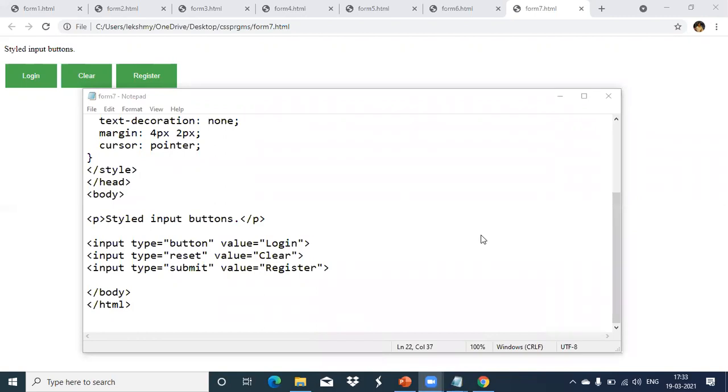Any doubts in this form styles? Because now the same thing you have to try and tell me on Monday. Already I have given a page to create, I told you to create a registration page. Now see what all styles we have implemented here using the CSS. That also you have to implement in your HTML page.